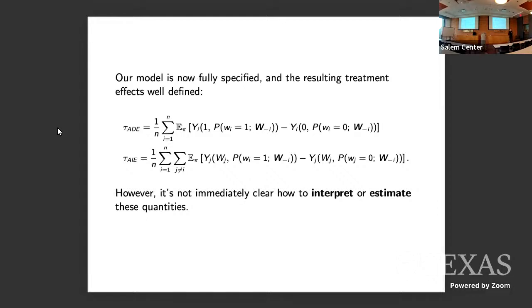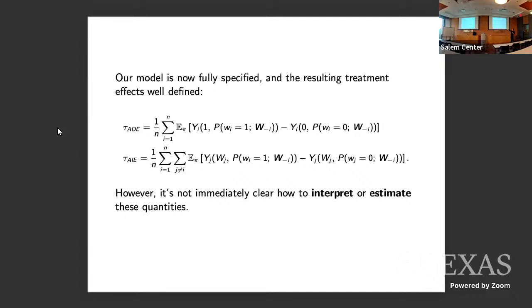So this average indirect effect is saying, for the ith unit, the ith unit's treatment changes, and we want to know the effect on all the other j units, which is not usually how indirect effects are. Aren't the indirect effects usually saying, I want to hold the ith unit's treatment constant and see what happens when I change the treatments of the other j units? And it's not necessarily symmetric.